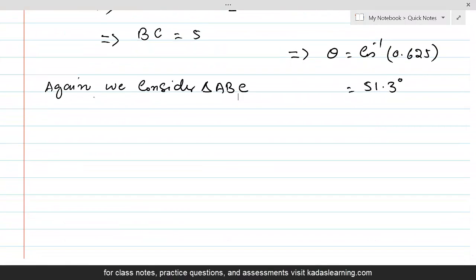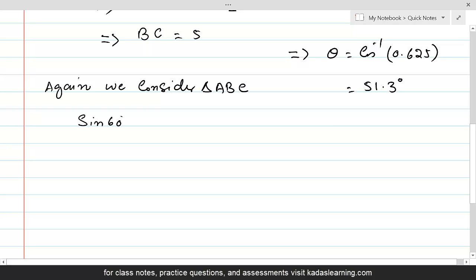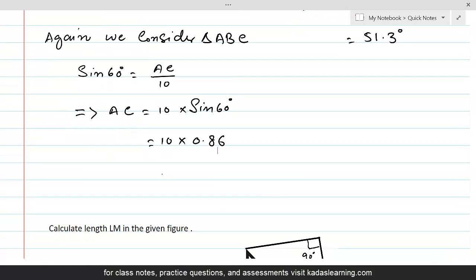So sine 60 degree will be equal to AC over 10. This will give us AC equal to 10 times sine 60 degree, and sine 60 is equal to 0.86. So the answer is equal to